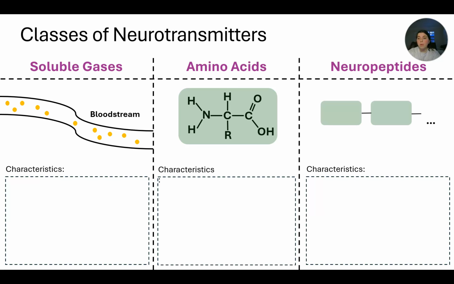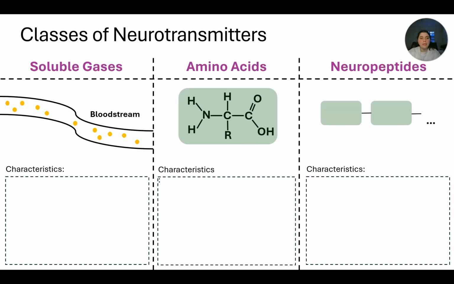Okay, now I'm going to go ahead and cover different classes of neurotransmitters. So there are many different types of neurotransmitters in the brain that are going to be responsible for performing different functions as needed in different circumstances in your life. And so this isn't an exhaustive list, but I am going to cover some of the main classes that are